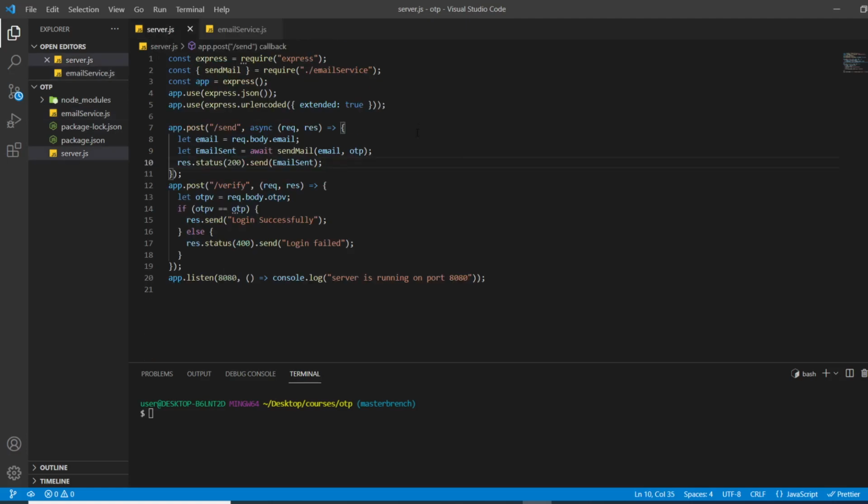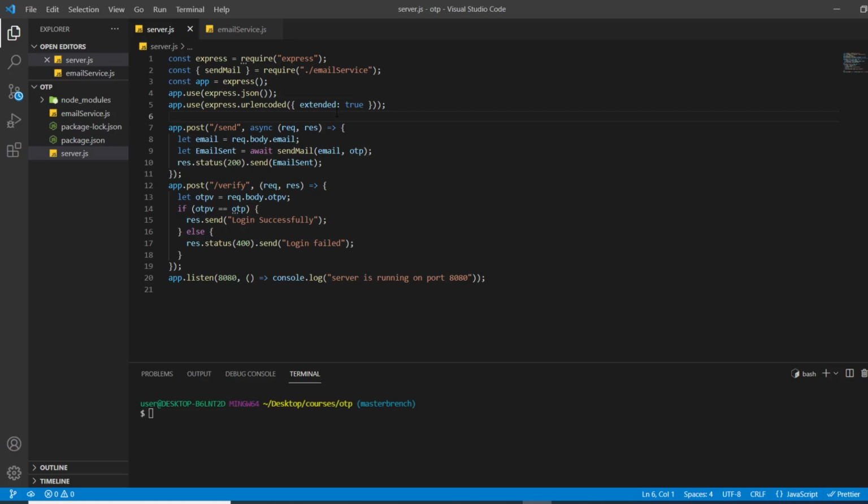If you see my server.js, you can see I have initialized the server, and then I have simply imported the sendMail function here, and then the normal stuff you will see. Below you can see I have made two endpoints. The first one is /send, and the second one is /verify. In send, we are providing the email, and then we are sending that email to sendMail, and the OTP, we did not write the code for it.